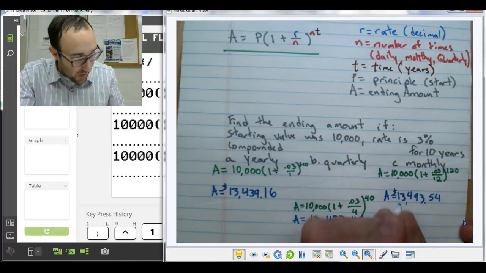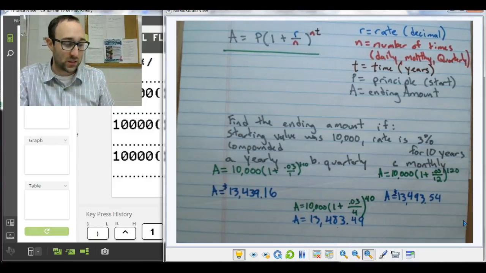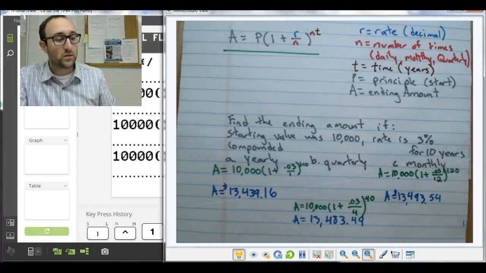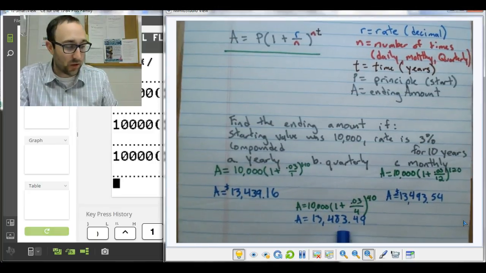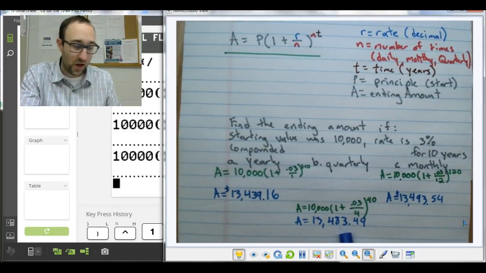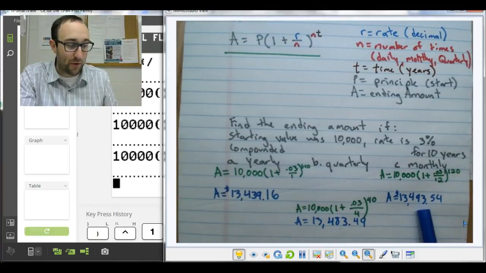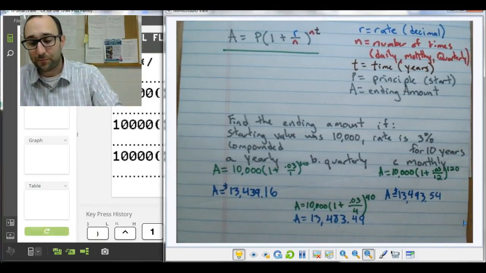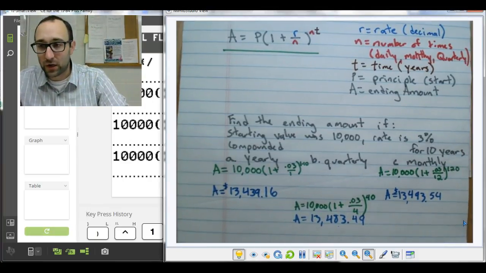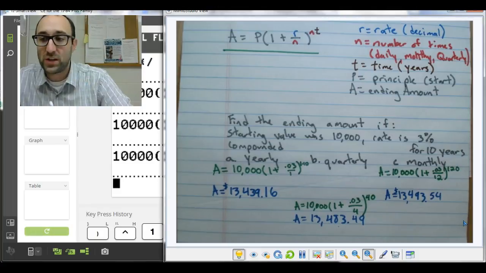So is that more than the last one? Yes, it is, by about $10. So yearly to quarterly went up about $40 or $50. Quarterly to monthly went up about $10. So if we keep going, let's say, from monthly to twice a month, to weekly, to daily,